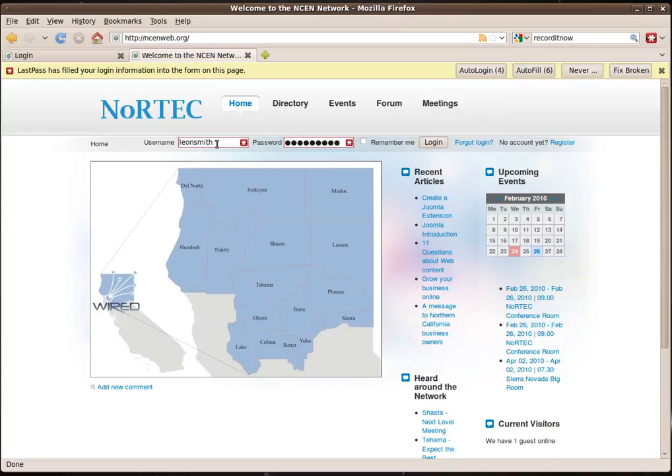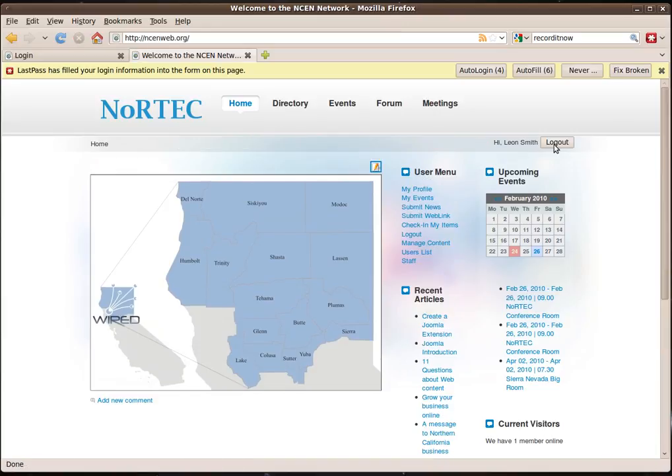If we are a registered user and we go ahead and log in, and registering is easy, we just click on the register link and it asks you to fill in about 4 fields, and then approval is required. So they'll be sent an email that they have to respond to make sure it's a real person. And we can also moderate that so that somebody else has to look at it and approve it too before